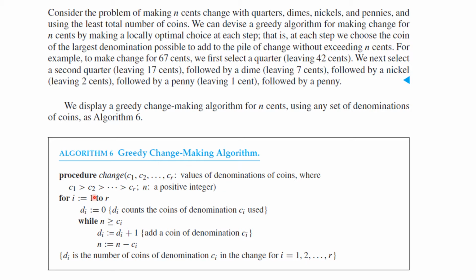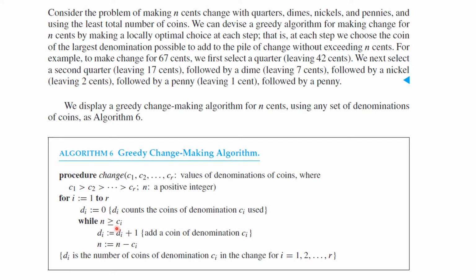And we are insisting that this is sorted, so C1 is bigger than C2 all the way down to CR. So those are the values of the coins. Then we do a do loop, going from I equal 1 to R, and we have a count of the coins of each denomination. We start at 0, but as long as we have